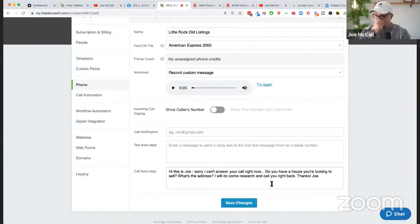But this allows you then to start a conversation by text with the seller. And a lot of times they'll reply, the reference number on the letter is 1235 Main Street, whatever. And then we'll say, cool, thanks. Let me get working on it and we'll send you an offer. And so then I will send them an offer in the mail, and I'll send them an offer by text. I might even respond to their text,